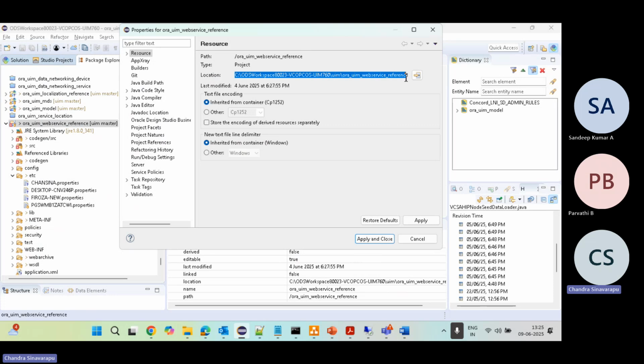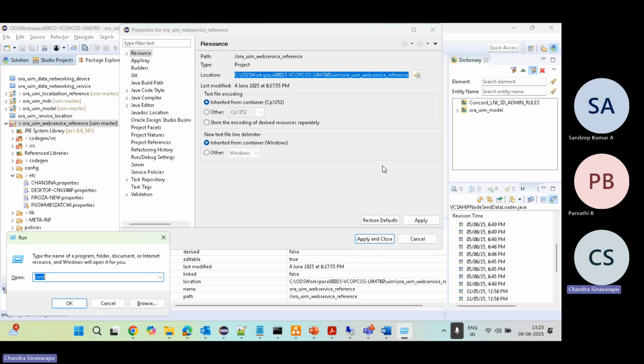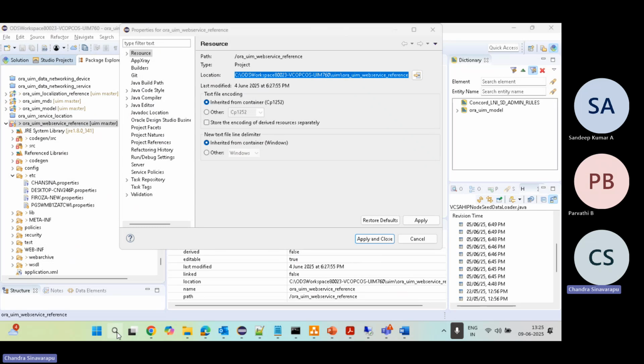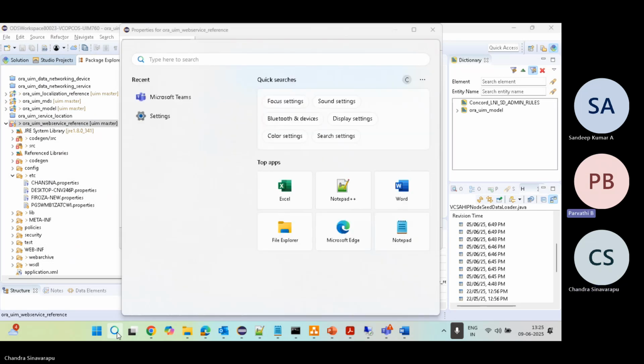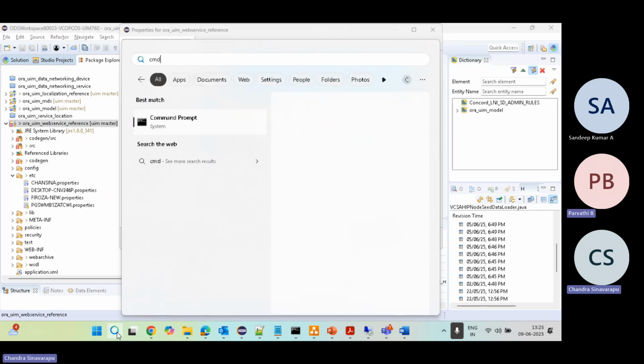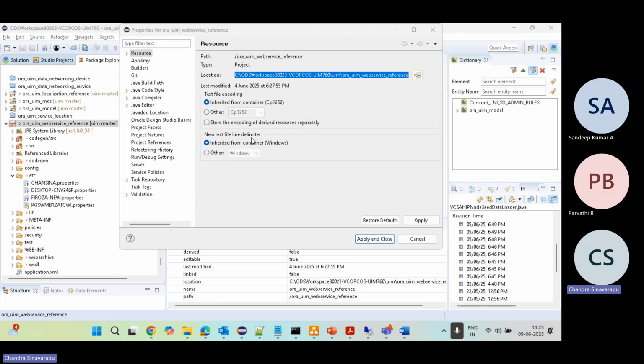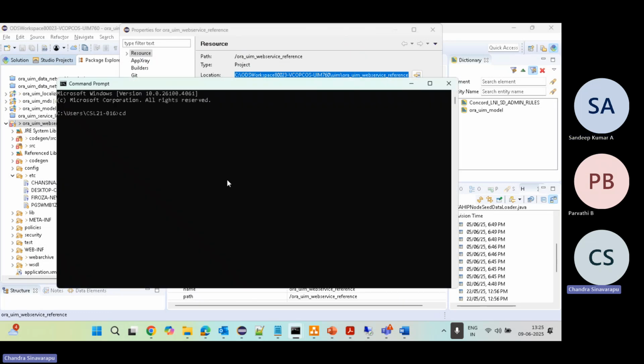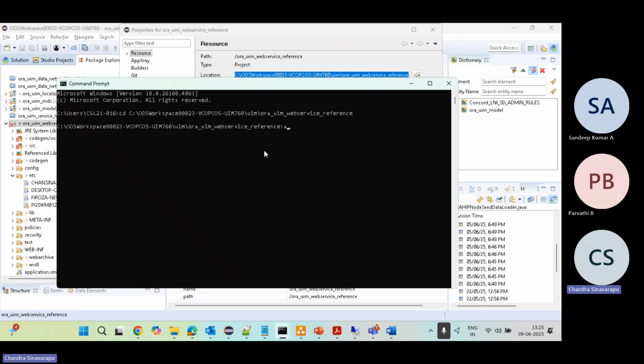Now copy this path and go to command. You know the command, right? Yeah. So you can type here CMD. Put the path here, CD, this path, paste it here. Right click means paste. Okay. And here, if you go and build